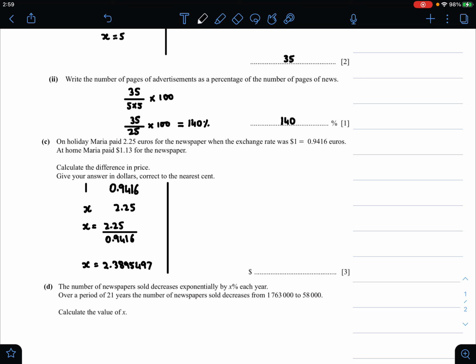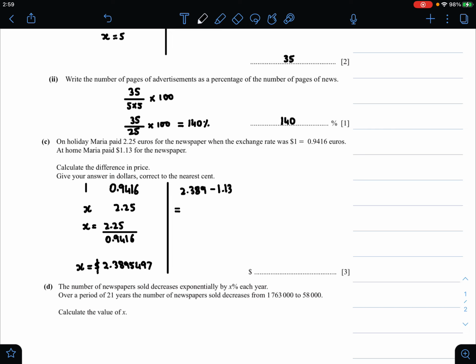So we have to calculate the difference that she pays. So all we need to do is subtract how much she pays at home from how much she pays on a holiday. So all we need to do is 2.389 minus 1.13. So therefore you will get your final answer